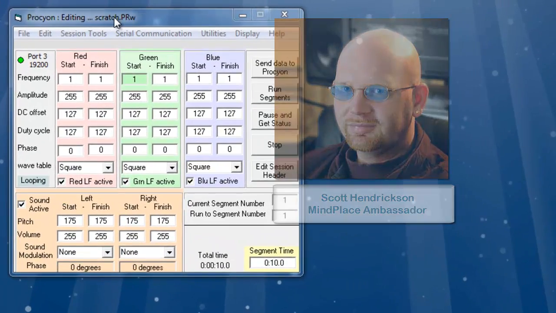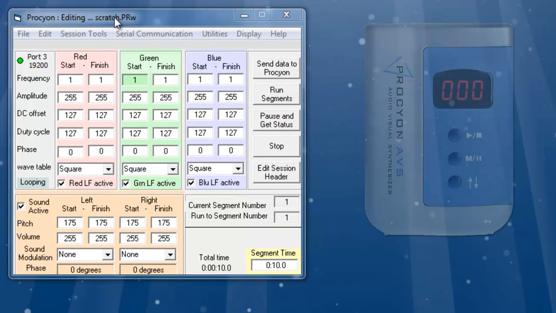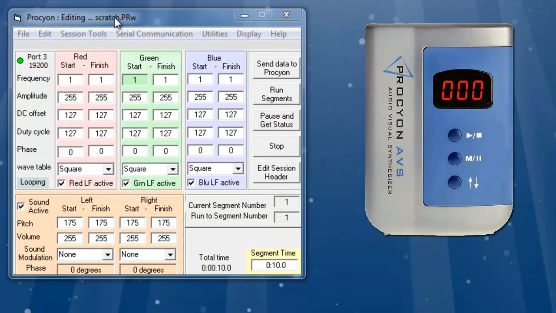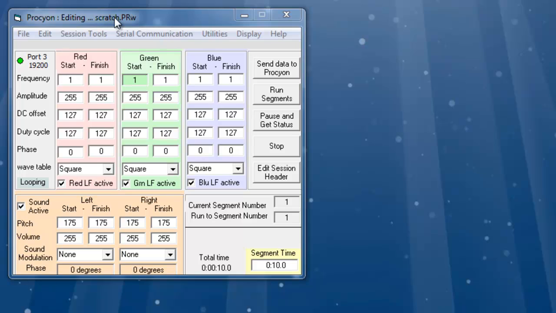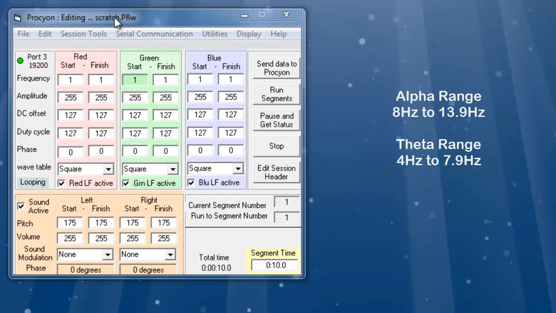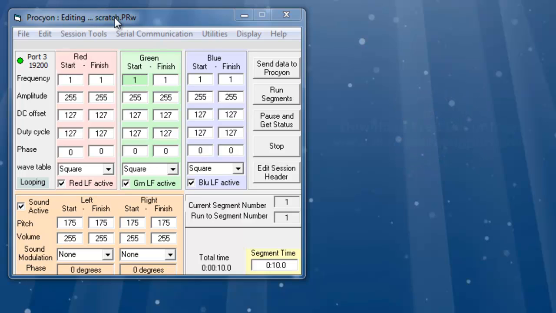a whirlwind tour of the Procyon Editor to show you how to create a simple stimulation session set to the length that you desire that targets a specific frequency. In this case, we're going to work with alpha frequencies ramping down to the theta range. So let's quickly take a look at how to do that and show you how easy it is to use